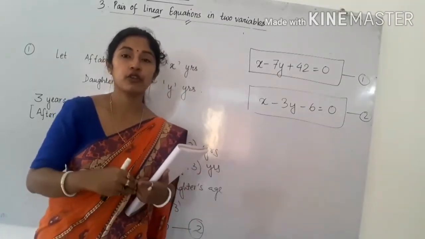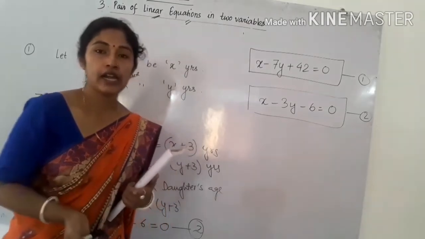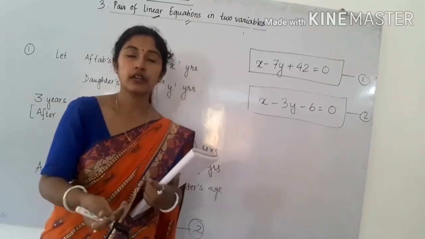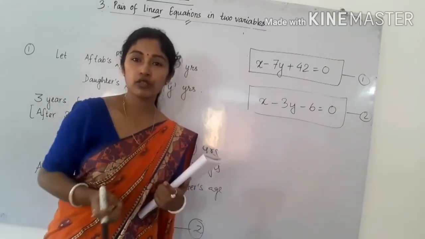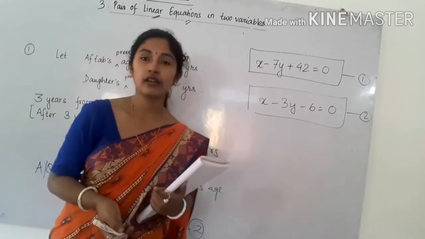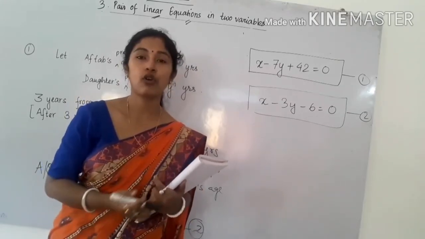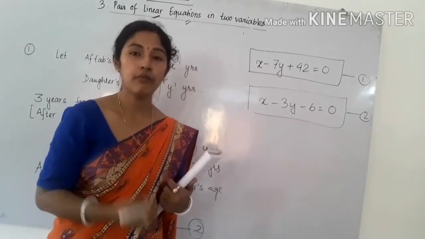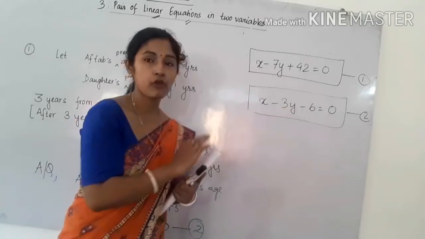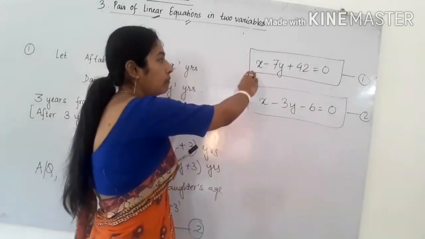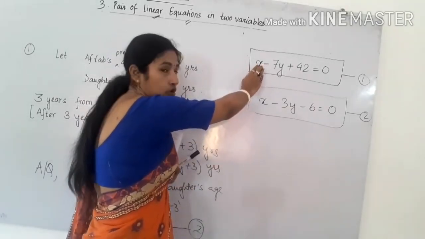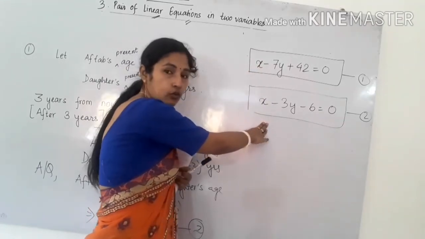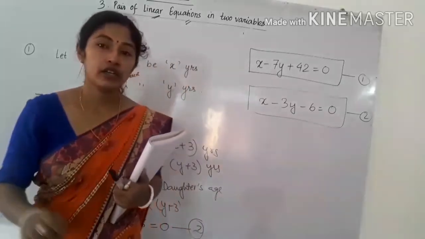After plotting in the graph, you will get 2 lines. If the lines intersect, as I have already discussed, there will be one common solution. If they do not intersect, they will be parallel lines and there will be no common solution. And if the two lines are coincident, there will be infinitely many solutions. After this I am not doing it, just try to do it at home. You have to find the solution. Just find 4 solutions of the first equation and 4 solutions of the second equation and try to plot them in a graph.